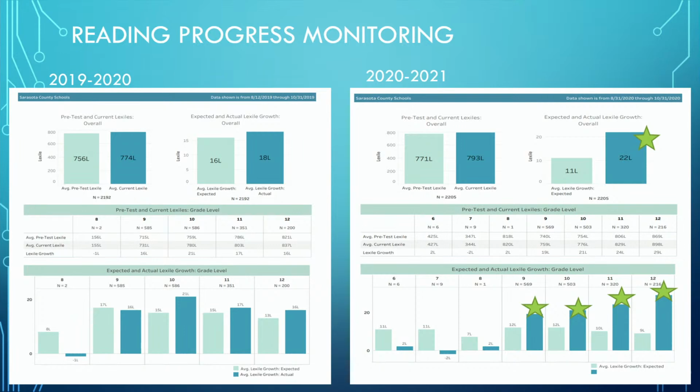All right, so if we move forward, this is our reading progress monitoring slide. This is Achieve 3000, and Achieve 3000, again, is in use in all of our intensive language classrooms. We are excited to show that this year, all of our grade levels, 9, 10, 11, and 12, are showing results from their first level sets that are outperforming their expected growth. So we're moving in a positive direction, and when we compare it to last year, our growth is showing a little more significant than it was last year, which is somewhat surprising to us given the COVID situation. But it is also speaking to the hard work of our teachers in our schools.